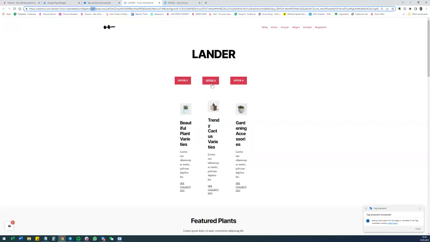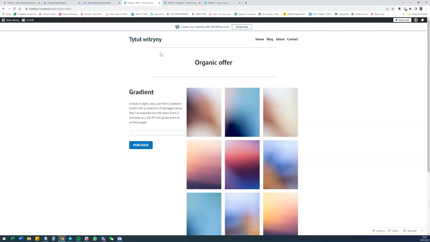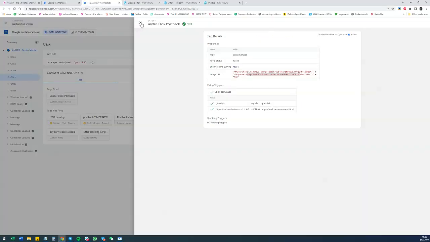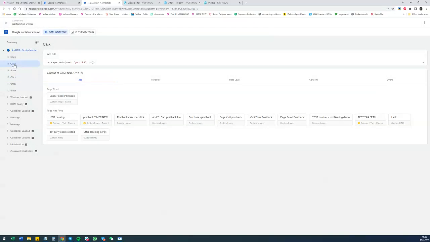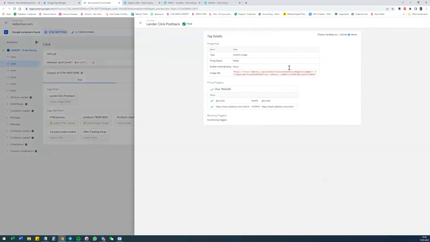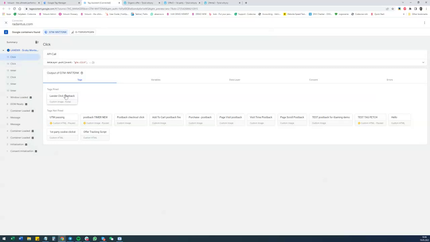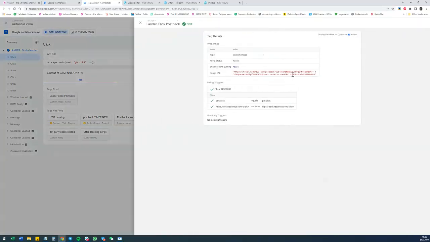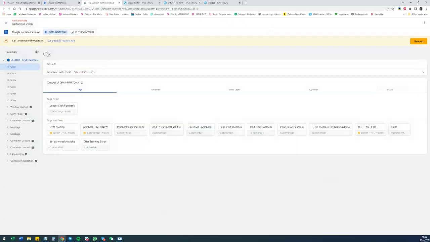If I choose a different button, let's now click button 3 and button 4, right? As you can see, there are new clicks recorded, but in this case the element URL contains click 3, and in this case, click 4. Also, my tags which were fired are different, because under param1 I can see now click 3, and here I can see click 4. So let's get back to Volume once again,